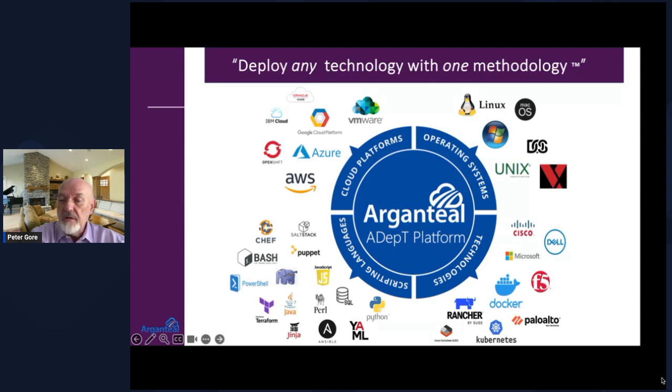And then one of the things we'll talk about in a few minutes, the agnostic capabilities from a language perspective and coding perspective, right? Adept is one of the only platforms out there that is truly multilingual.